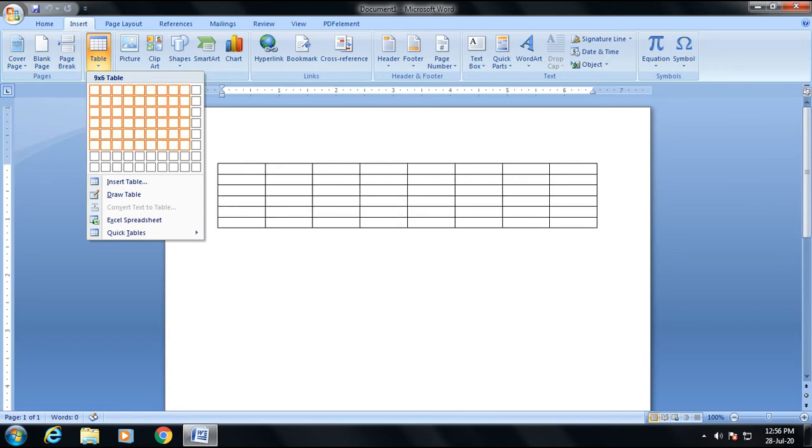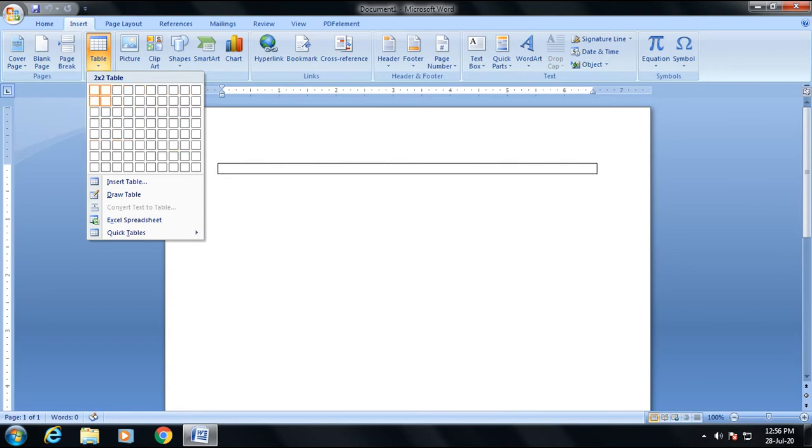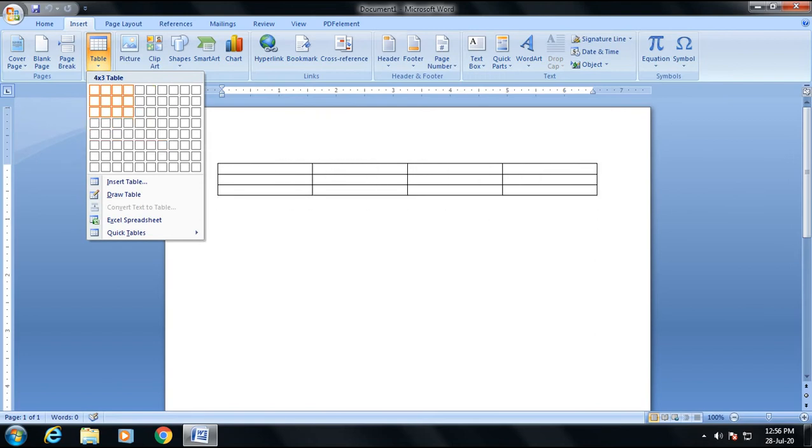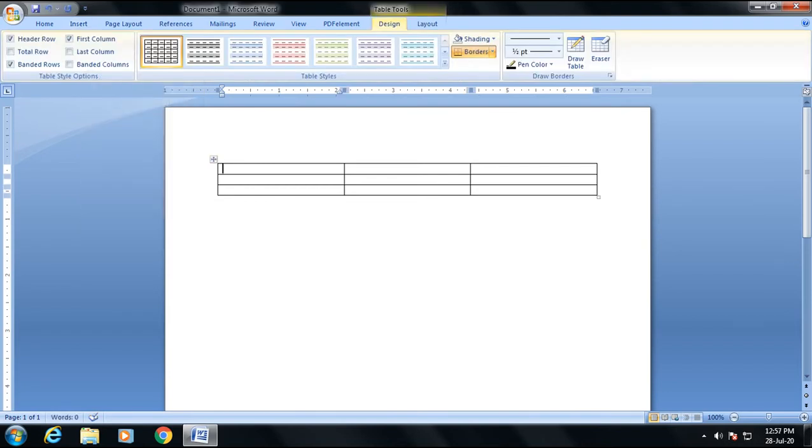So however many rows or columns we want, we click on it, like 4 columns and 3 rows, or 3 columns and 3 rows, whatever you want. Then click. So 3 columns and 3 rows are inserted in MS Word.